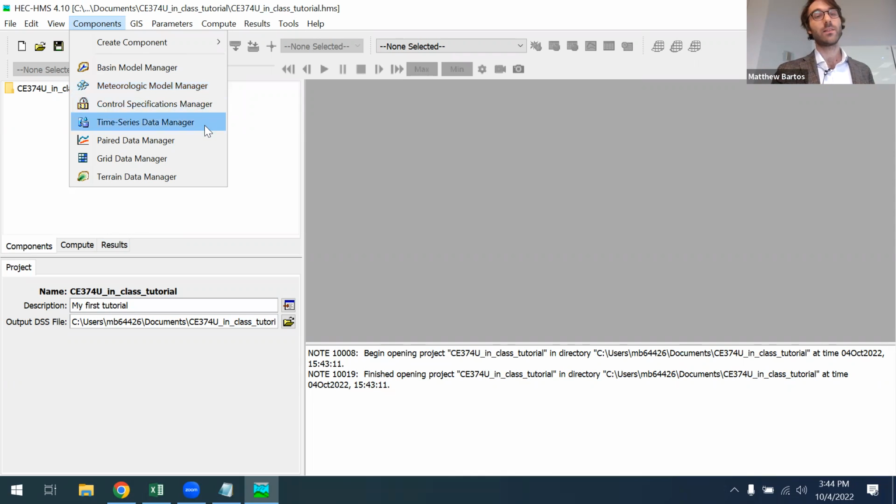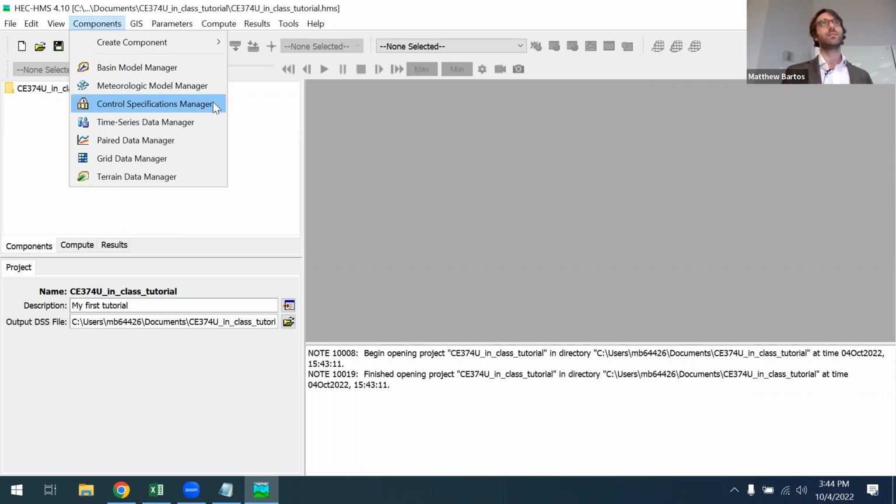Okay. The third component is the time series data manager. So this is used alongside the meteorologic model. And in this class today, we're going to use it to specify a rainfall hyetograph. Okay, so this lets you create time series that you can use as inputs to your hydrologic model. And finally, we have the control specifications manager. So this has a weird name.